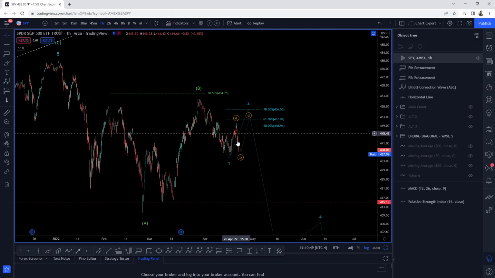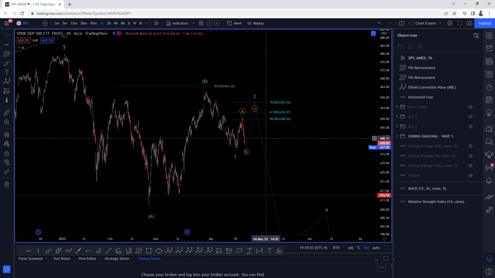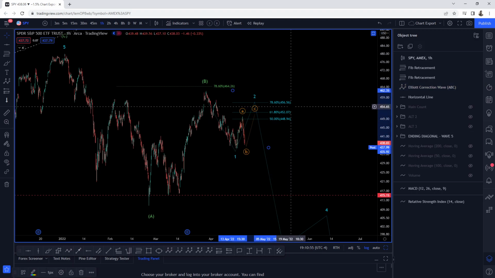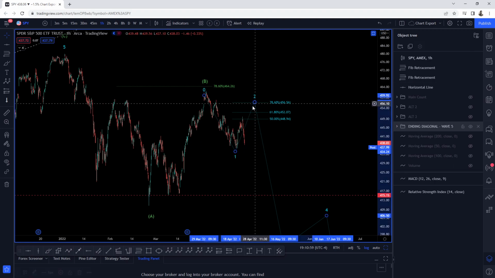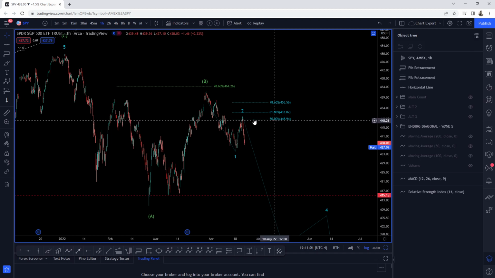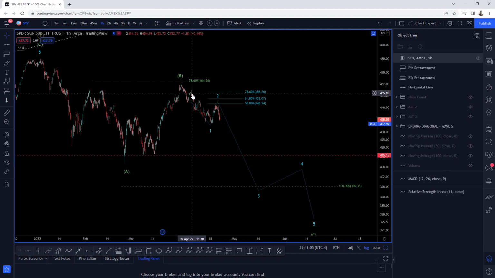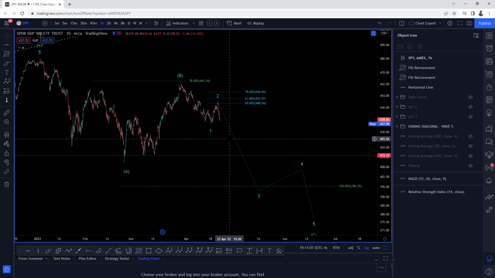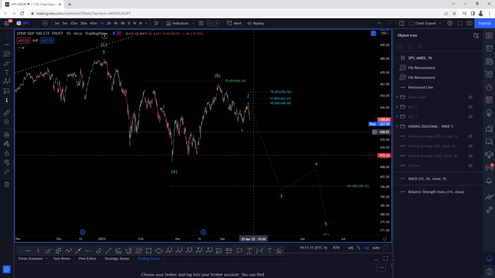We see the A wave, we get the B wave, we see a bounce coming into tomorrow, rejection here, or rejection between the zone 456 and 448, or the wave 2 has completed here at the 50% retracement, and we are now gearing up for the third wave. This is going to be a little painful, guys. I'm not gonna lie. So wave 1, 2, down in 3.